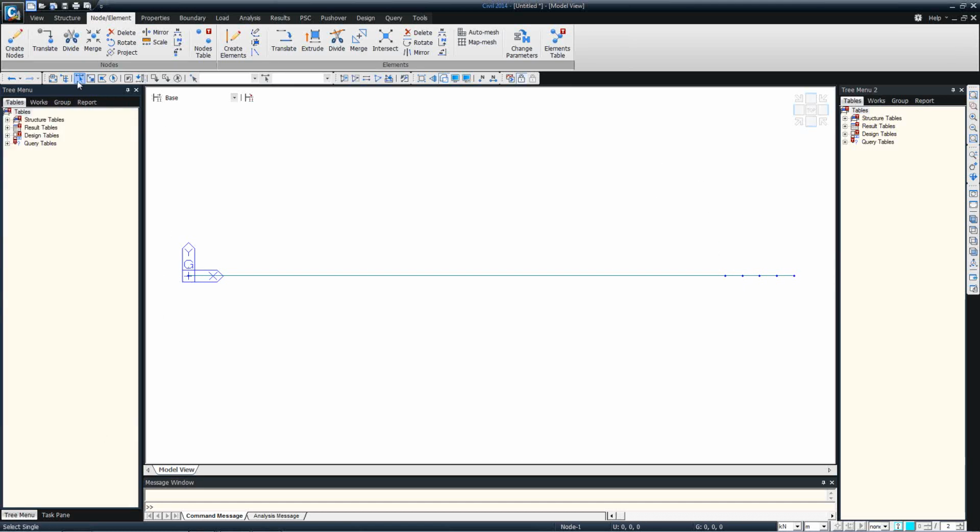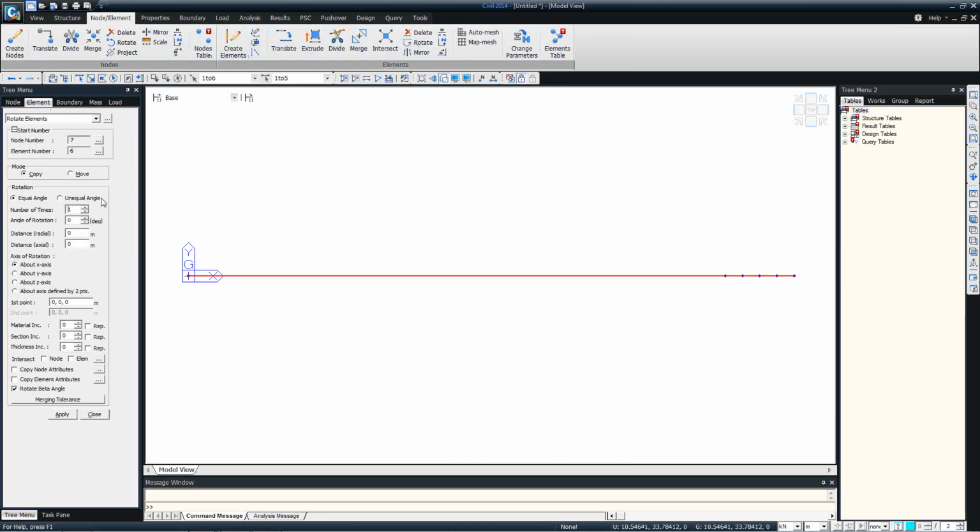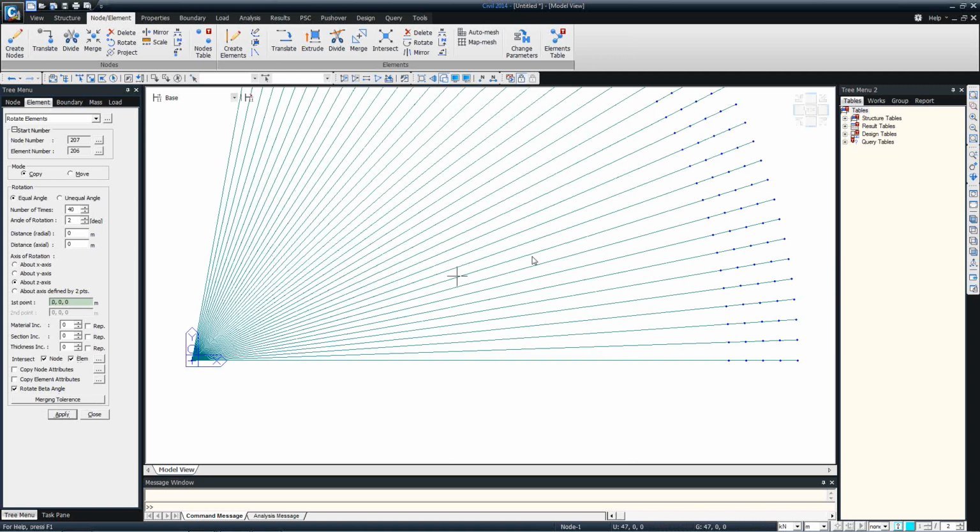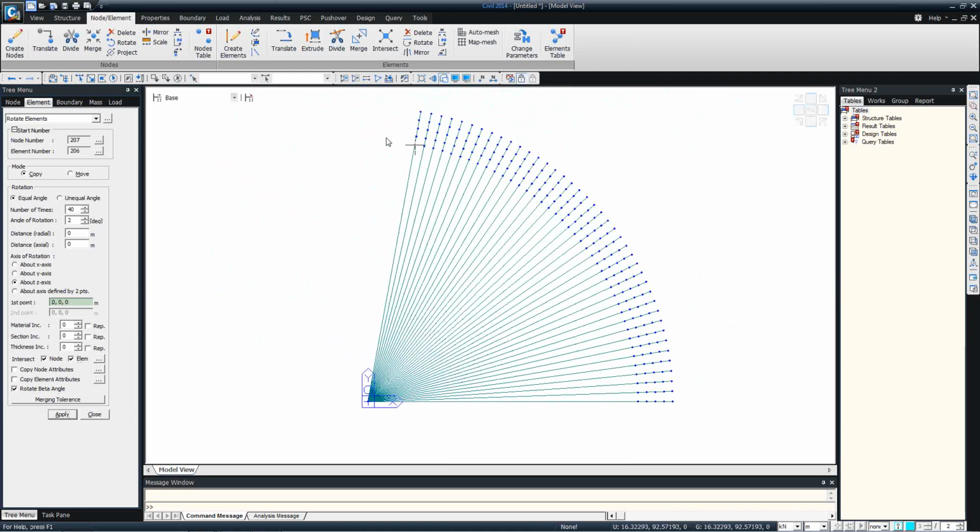Now we'll rotate this set of elements at equal intervals. So go to rotate elements and copy number of times, 40 times at 2-degree increments, and that's the axis of rotation, and apply. So we have got the relevant points for the curvature, and then we just use the arc method,